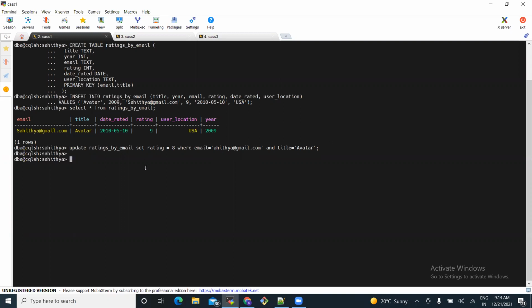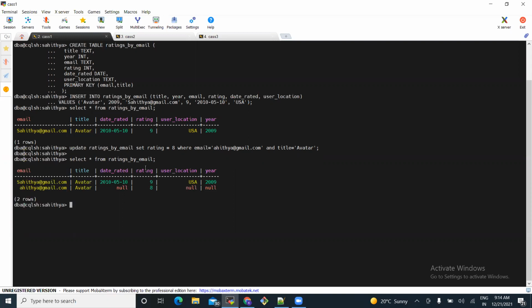So let's check the table once. See here, another row got created with ahitya@gmail.com, because I intentionally misspelled Sahitya by removing the S from it. Usually it should throw an error, but in Cassandra, it created another row here.